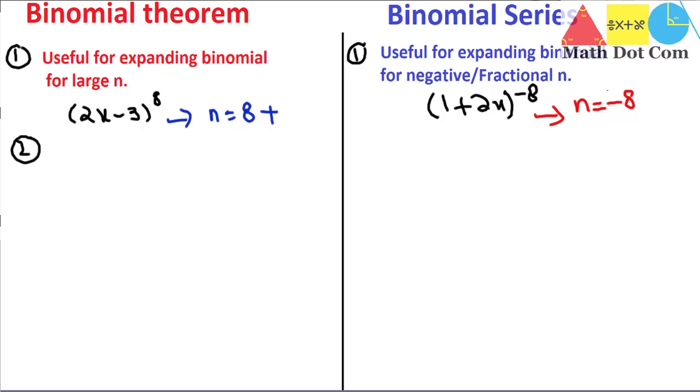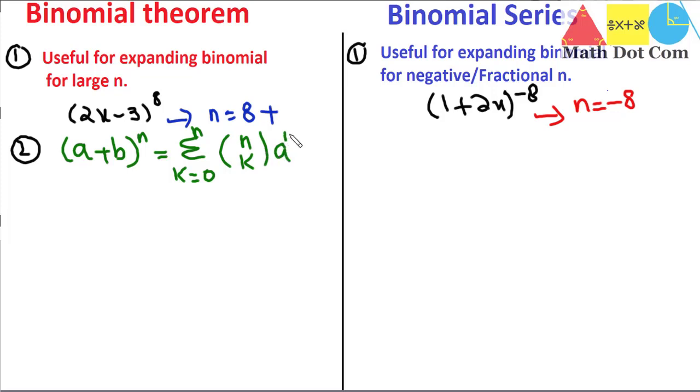So the next difference is the general formula of the binomial theorem. The general formula is (a + b)^n equals the summation from k = 0 to n of nCk, this is the combination form, a raised to the power n - k, b raised to the power k. So this is the general form of the binomial theorem, and you need not get confused about it, as we have discussed in detail about the binomial theorem in our previous lecture. You can refer to that to understand how you can expand a binomial expression using the binomial theorem. So this is the general formula of binomial theorem. Now let's see what is the general formula of binomial series.